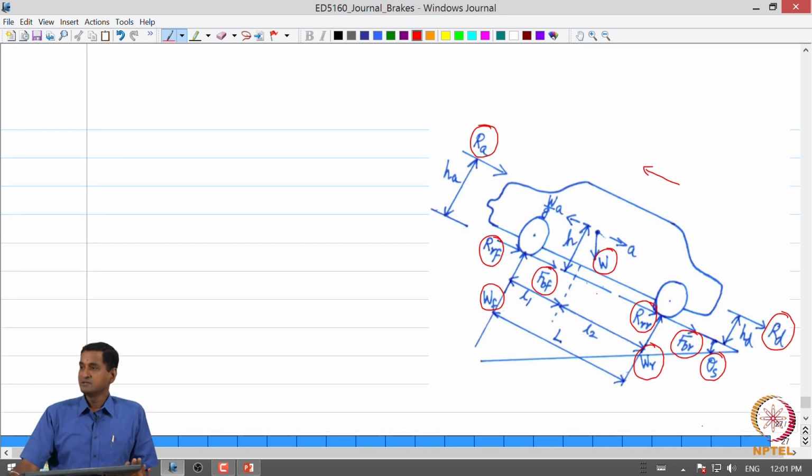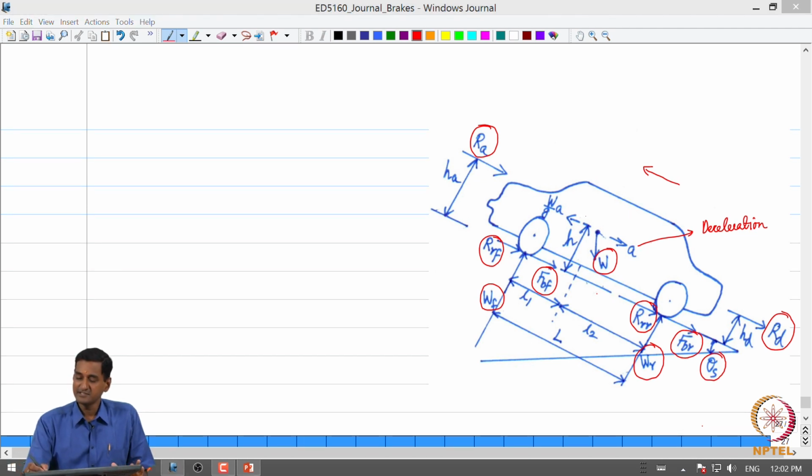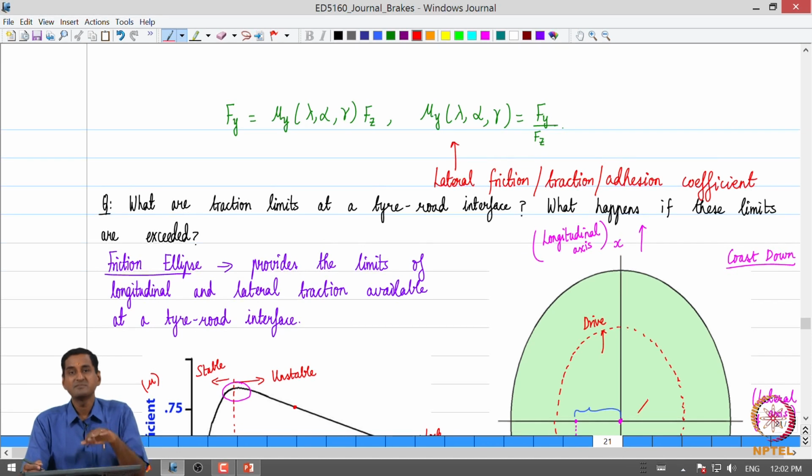Those are the braking forces that act on the wheels. Now A for us is the deceleration, so it has been marked in this direction, opposite to that of the motion. We consider A to be the deceleration, and consequently the D'Alembert's force, which is nothing but m times A, we mark at the CG,